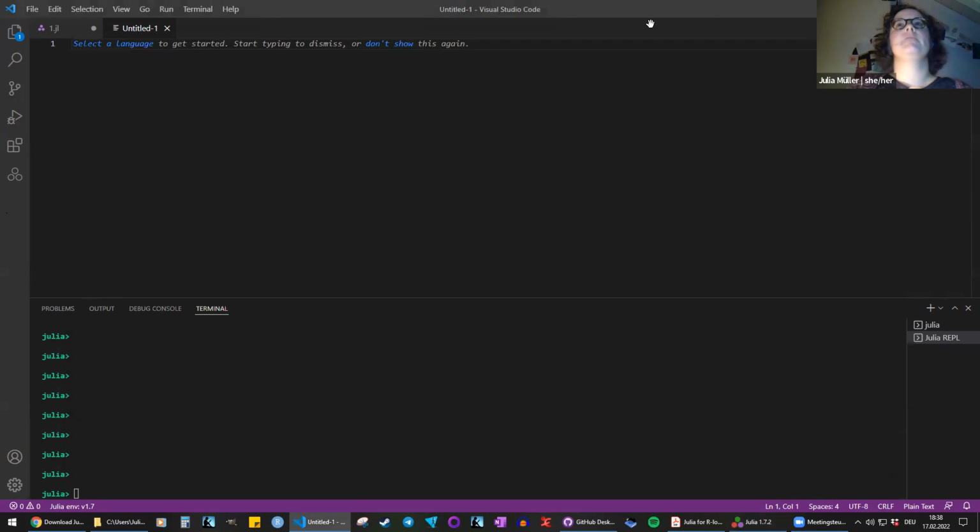So VS Code is a general purpose text editor or coding editor. It is not for Julia specifically. I also use it for Python a lot, and you can use it for lots of different languages. I'm just going to show you that; you don't need to install it. I just want you to recognize it when people are using it and not be confused.